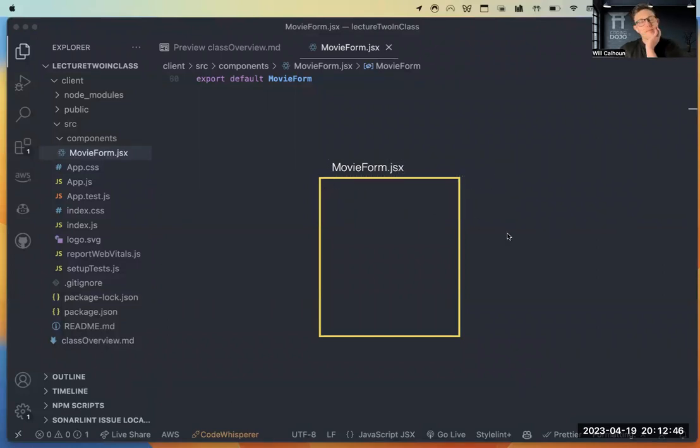That's where our state lives. Now, obviously, our movie form goes in where? What is our parent for our movie form? Does anybody remember? It was like day one, maybe day two. App.js. Yeah, exactly. Our App.js is our parent. Great job. Let me pull that up.